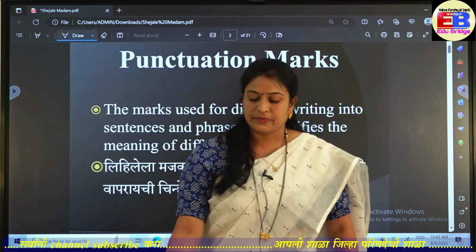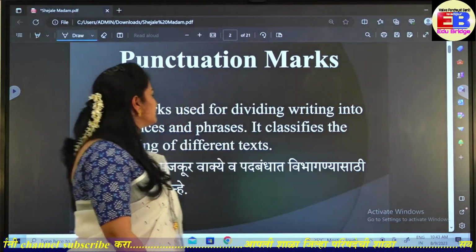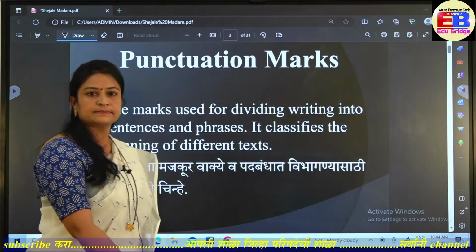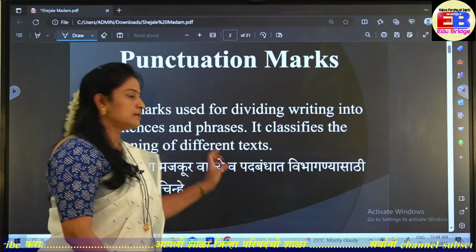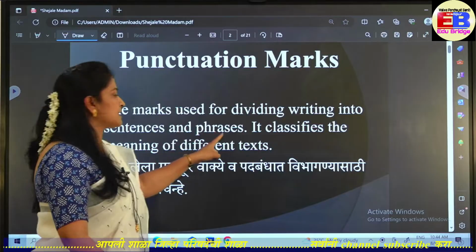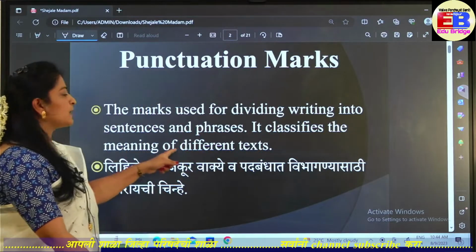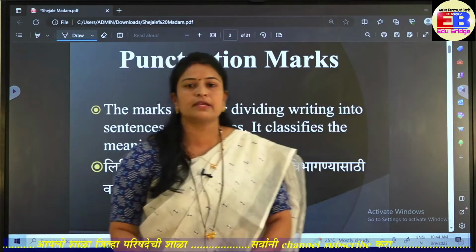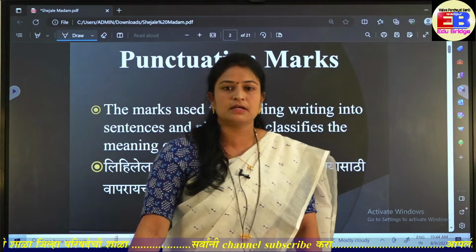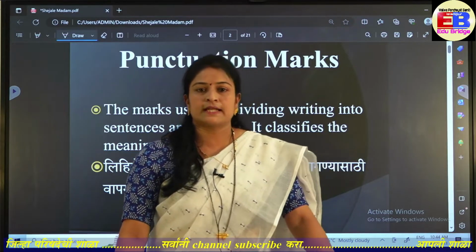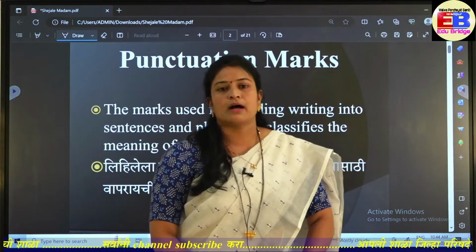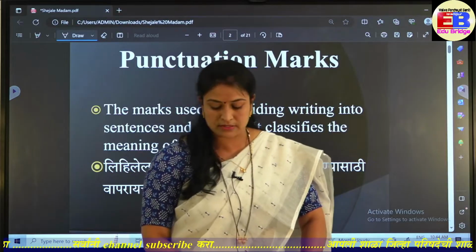Let us start. Have you got the definition? The marks used for dividing writing into sentences and phrases. It clarifies the meaning of different text. So, whenever we read some text, along with the punctuation marks, we understand the meaning of the given sentence or text. Just now I told you, we are going to learn only 6 punctuation marks. The first one is